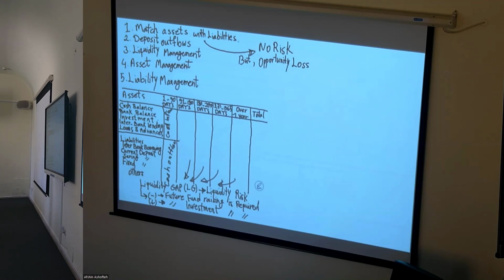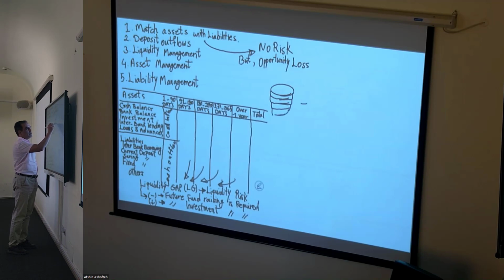Okay? So we can have the positive gap, we can have the negative gap, so the situation for each would be different. Okay, so if we have a need here and surplus here,